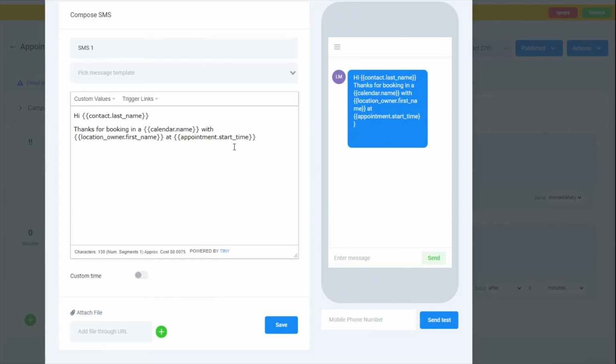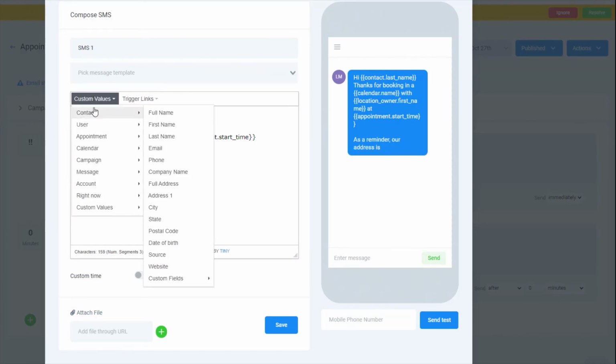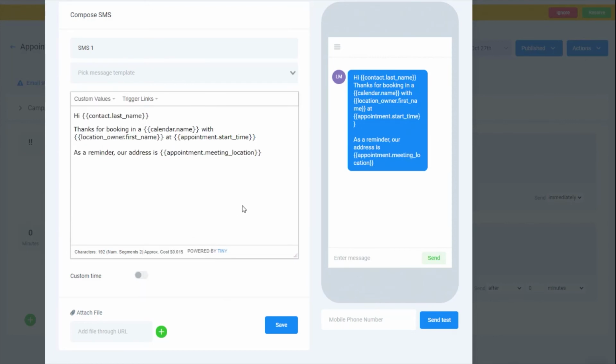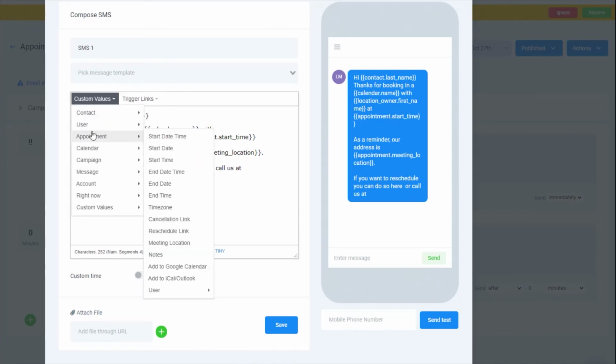If in the calendar you set your meeting location as a Zoom link or a location name itself, then we might insert the location that we set up in the calendar. So it might have been a Zoom link or it might have been a physical location. Then we might also give the option to reschedule, so we can do that by putting in the appointment value